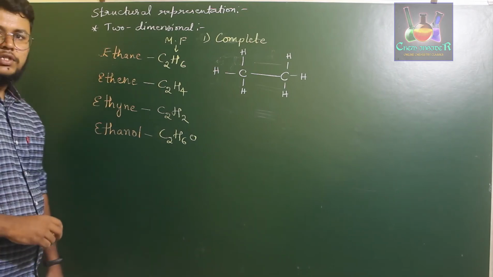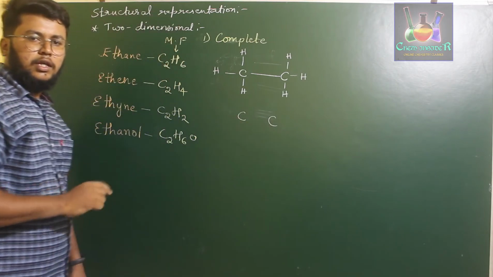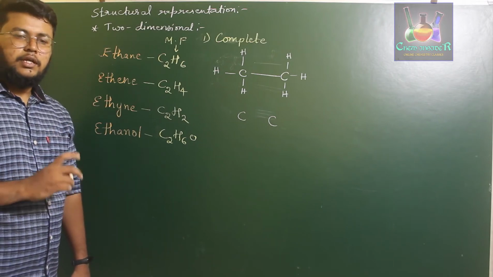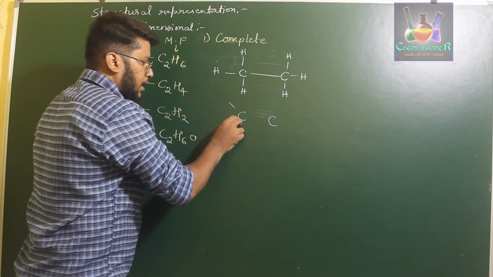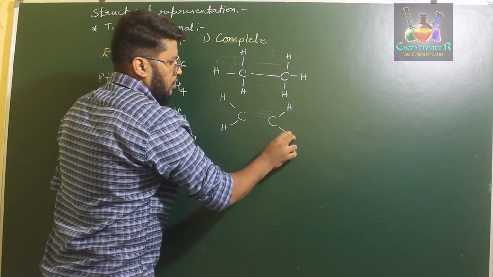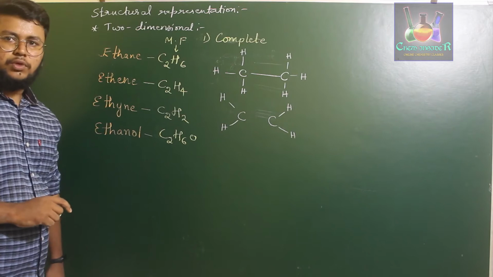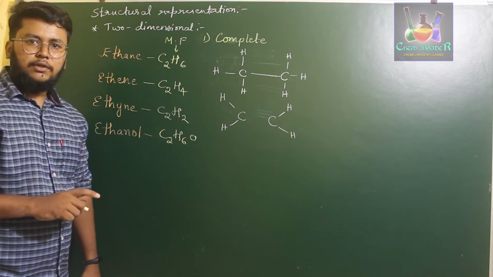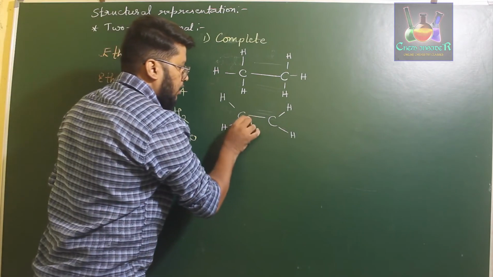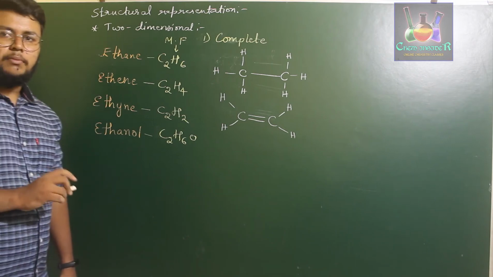Now if you consider the C2H4 molecule, again write down 2 carbon atoms. Here, if you observe carefully, there is absence of 4 hydrogens. That means you can share 2 hydrogens for each of these 2 carbon atoms. So we satisfy the number of bonds with hydrogens, but we are yet to satisfy the number of bonds between carbon atoms. So therefore, in ethene molecule, we have a carbon-carbon double bond indicated as a double dash.